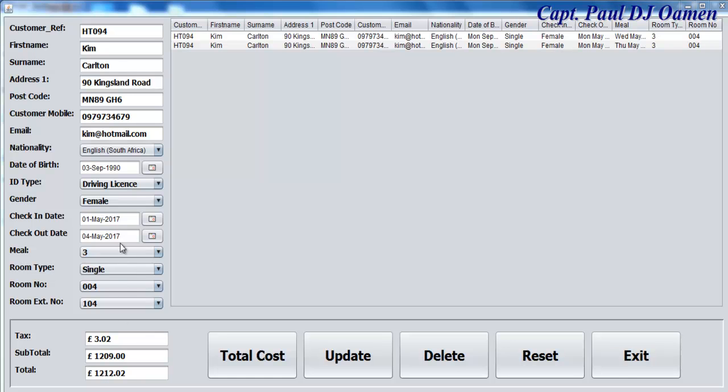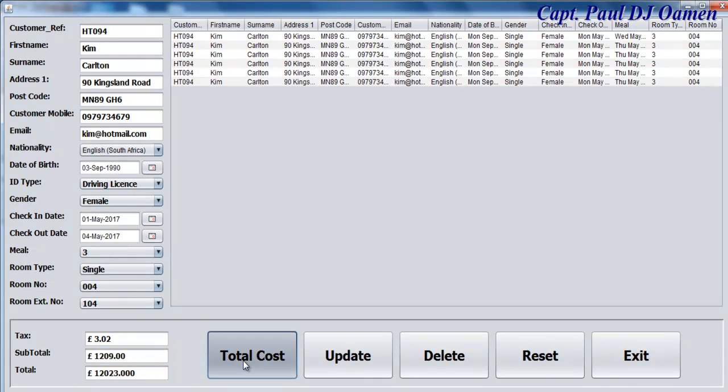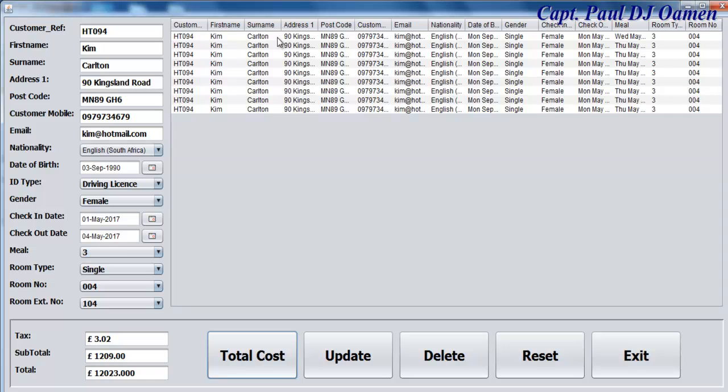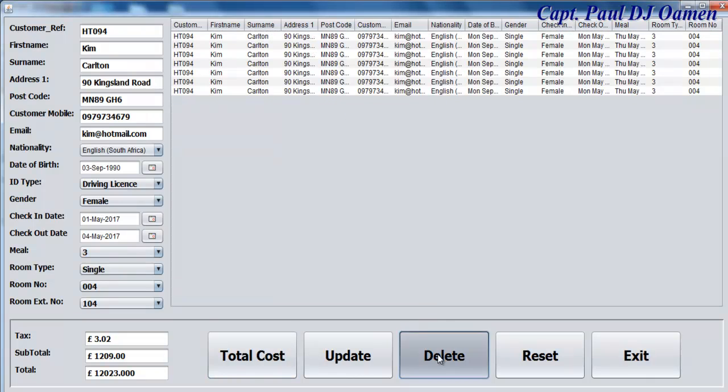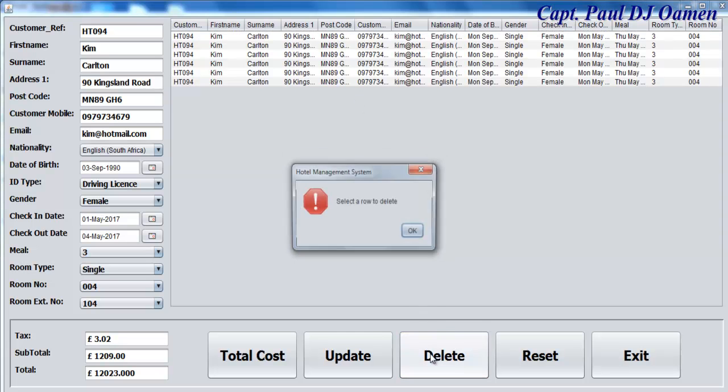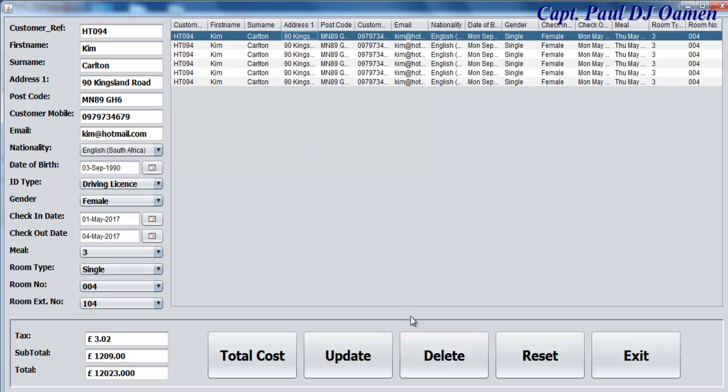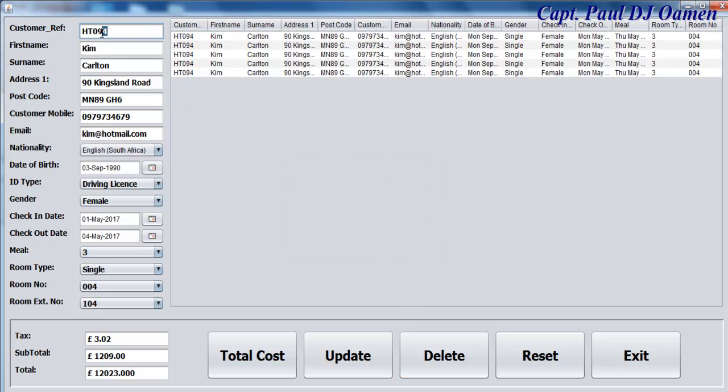Now that I've populated all of this, you can always just click there and enter the customer's details, or if you don't want any customer details in there, you can delete. You select to delete. If you don't select, you get this error message, and you can also add more customers if you want. Let's say we have another customer in India and the name happens to be, let's say, Peter